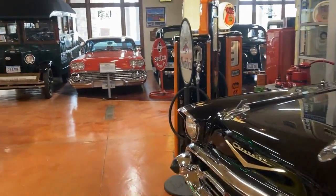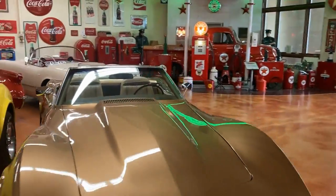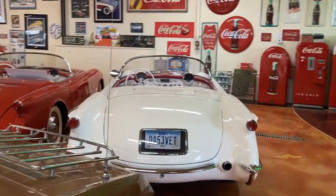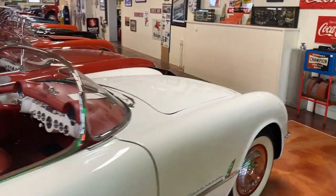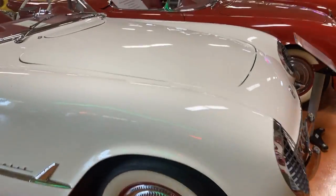All right, that was the first section. We're gonna do the Corvettes in order. So this is the 75, so here's the 53. What's fun about this is we can actually see some of the differences in production year as we go along. So the thing about 53s, and I can already see it on this car,